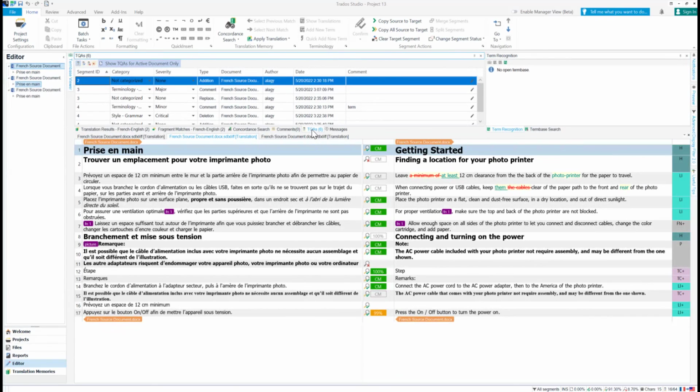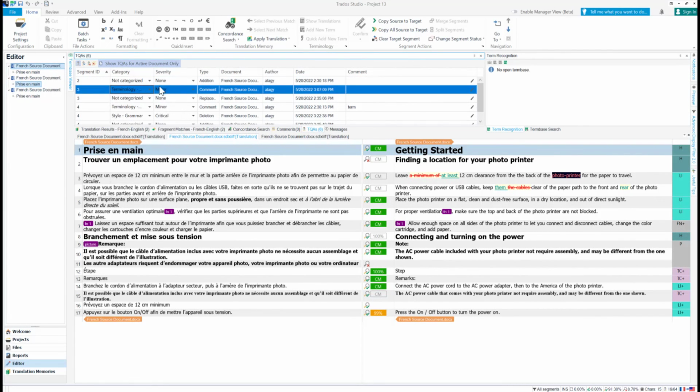To act on the assessment with a TQA file open in the editor, the evaluee clicks in the TQA window and double-clicks the item to open the window showing the details, which he or she can then act on.